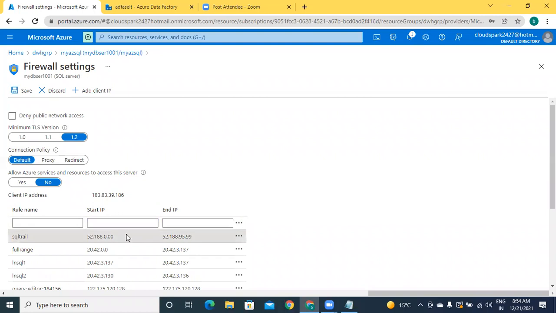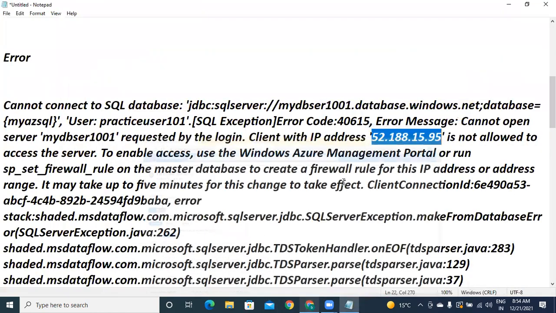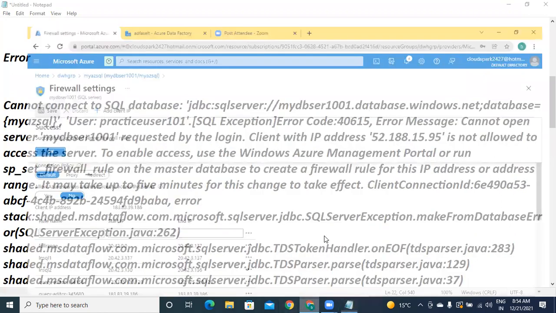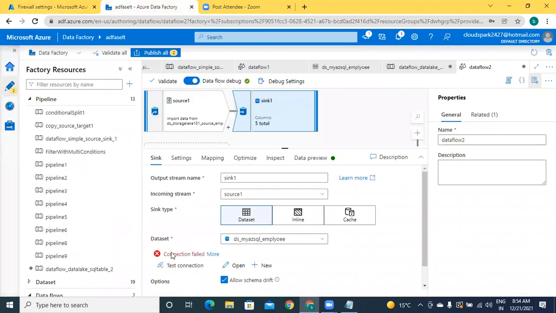And finally, I am saving this. Successfully updated. Once again, I am going to check the connection. I'm back in Data Factory, testing the connection.